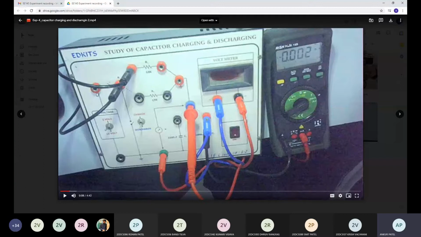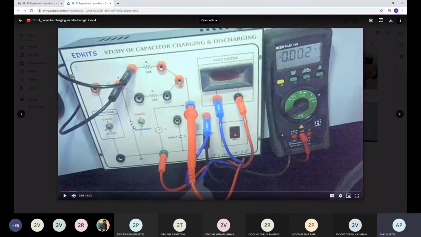So this black and red port is connected with this switch. This is your 12 volt supply. Now this black and red port is connected by a solid line with this switch. Okay, you can see this switch. So this supply is connected across this switch.